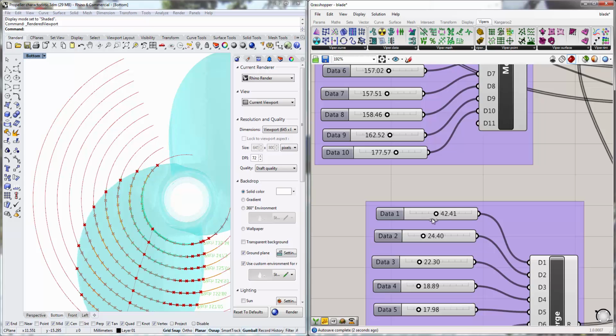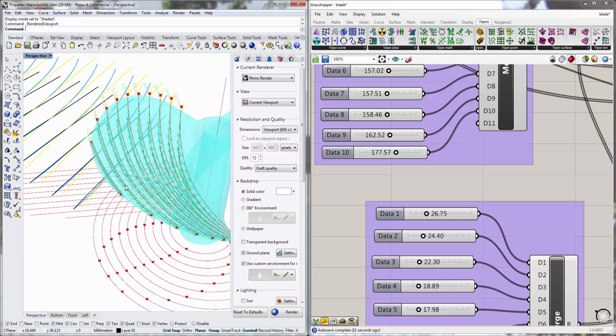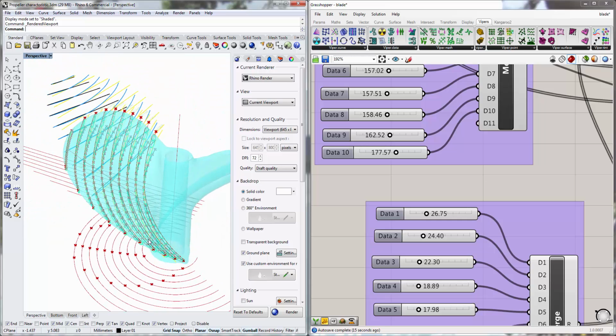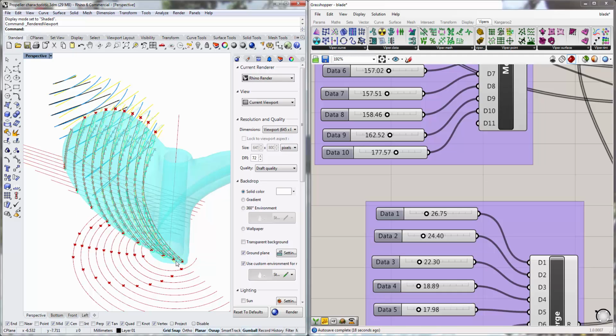If I extend, you can see. So I trim this. I use this one to become the hard point, because this one is the leading end and this one is the trailing end.